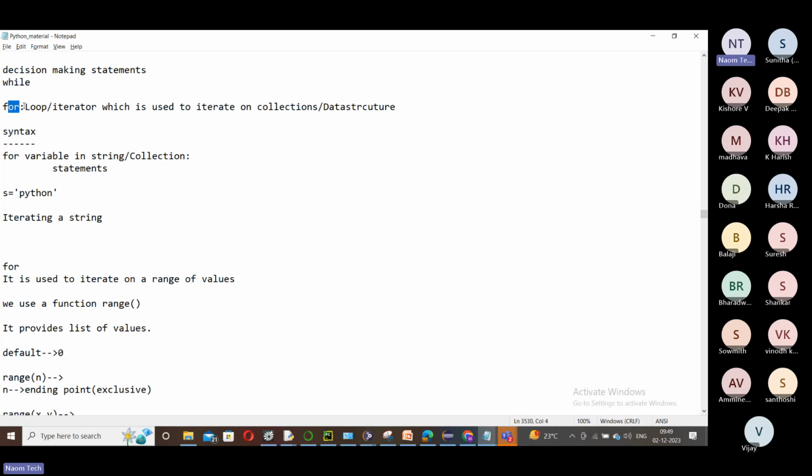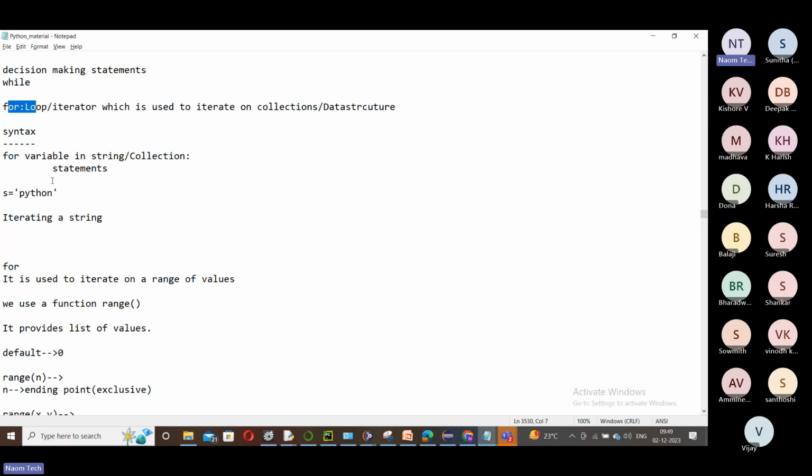This is my favorite loop, if you ask me. Most of the time in Python, because we do a lot of automation, we don't use while as much compared to for. In many cases, we use the for loop rather than the while loop. I don't say we completely avoid while. There are scenarios where we use while, but for is much more used in Python compared to while. It has a lot of significance in Python.